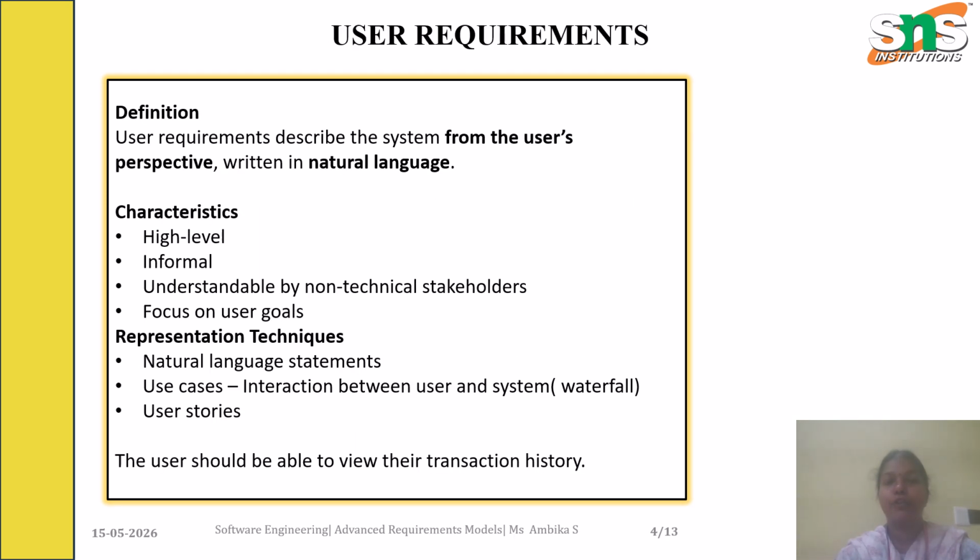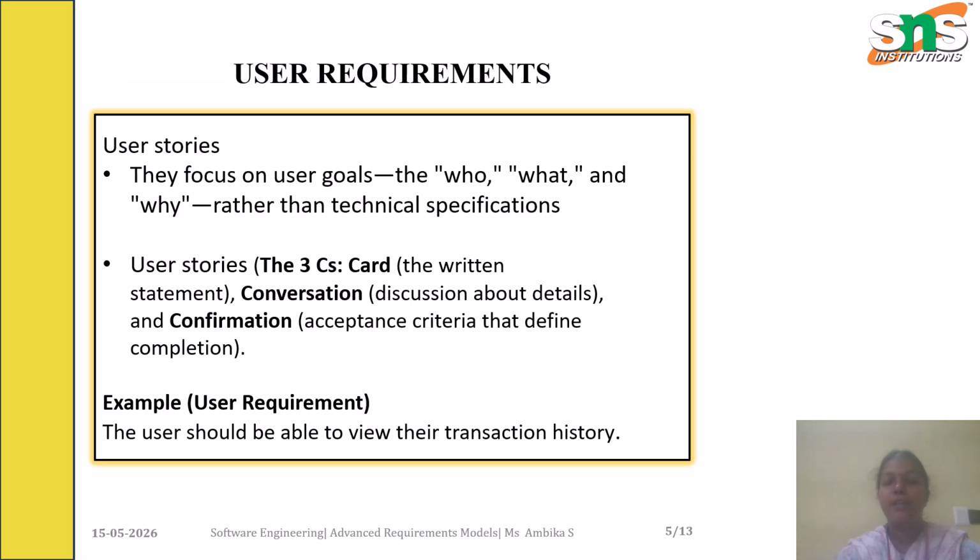User requirements. User requirements describe the system from the user perspective. They are written in natural language. Characteristics of the user requirements: they are high level, informal, understandable by non-technical stakeholders, and they focus on the user goals. They can be represented using techniques like natural language statements, use cases, as well as user stories. Here, the user stories focus on the user goals like who, what, and why, rather than focusing on